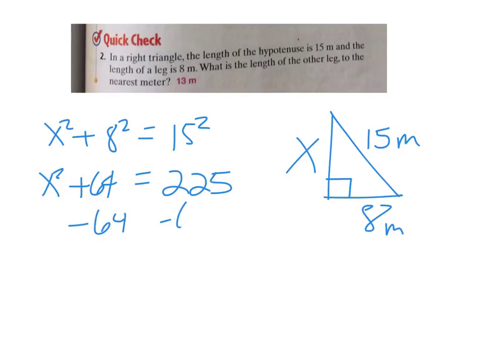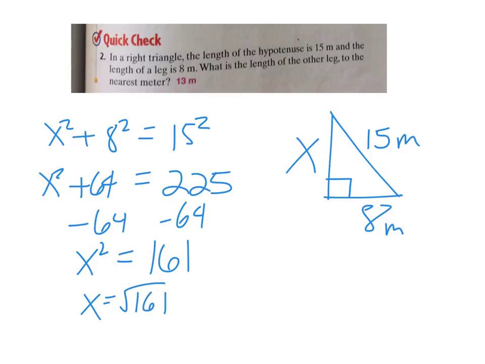Subtract 64 from both sides, and x squared is 161. So x is the square root of 161, which you could put in a calculator if you want to. That's going to be 12.68, so it's about 13. So again, the exact answer, if you used a calculator, not exact rather, but is